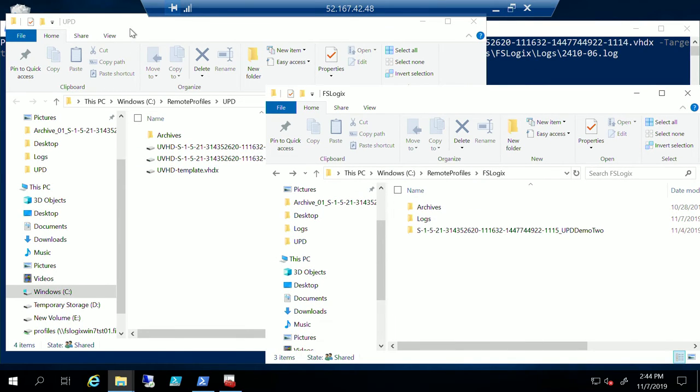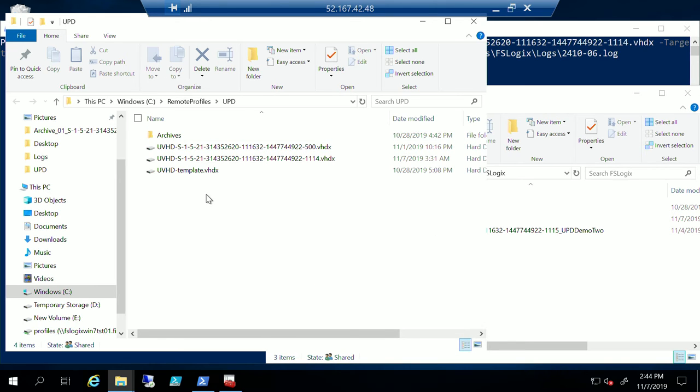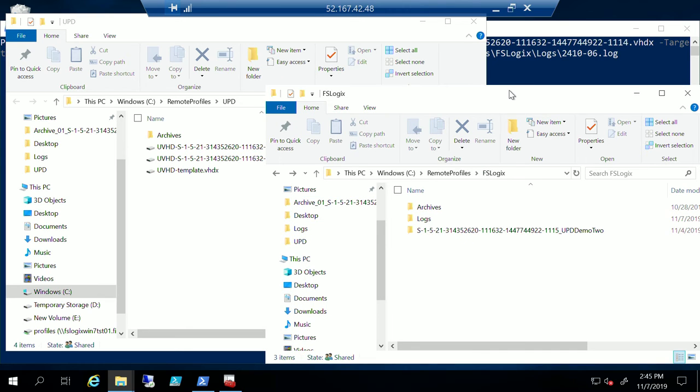that has been set up so that you can see the different folders that we have. One has the set of UPDs that have been already migrated to Azure, and the other one has got the folder path set up for FSLogix profile container. I'm not going to go over how you actually plumb the FSLogix profile container to be used in your VM environment. We have extensive documentation as well as training videos, so please take a look at our documentation. I'll have the link in the last slide.